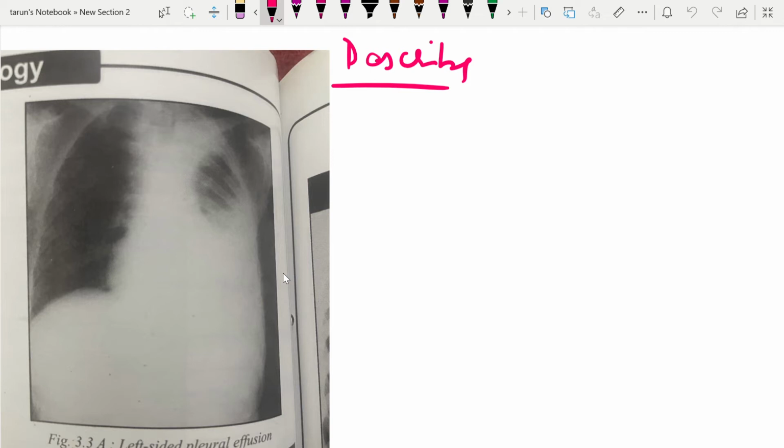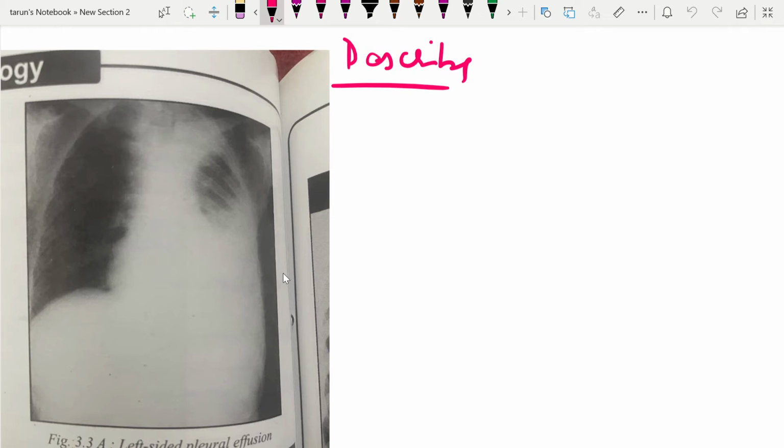So again, you will describe the chest X-ray. This is a PA view of the chest showing a triangular, homogeneous, dense opacity on the left chest with a curved upper border which is concave medially and upward and extends towards the axilla. The left costophrenic angle is obliterated, the right costophrenic angle is normal. The cardiac shadow and the trachea have shifted slightly towards the right. The lung fields are normal. Other points are within normal limit.